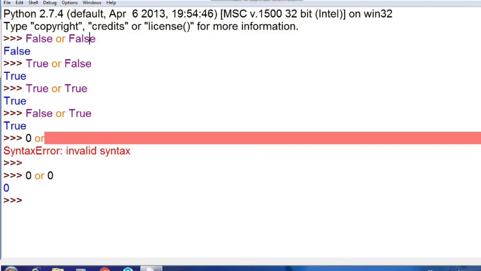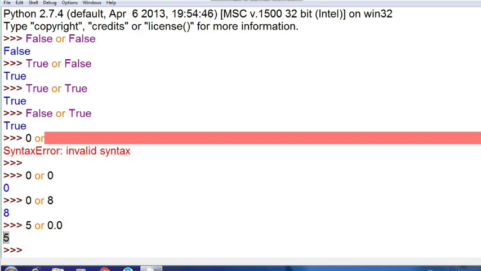Now if I write here 0 or 8, the truth value of 0 is false and the truth value of 8 is true, because other than 0, other numbers have the truth value true. If any of the operands has a true value, it returns the true value, as we have learned. And suppose I have written here 5 or 0.0, so 5 is true and this is false, and the first one is true, so it will not jump to the second one and it will give you the answer 5 only. This is how the OR operator works with truth value testing.